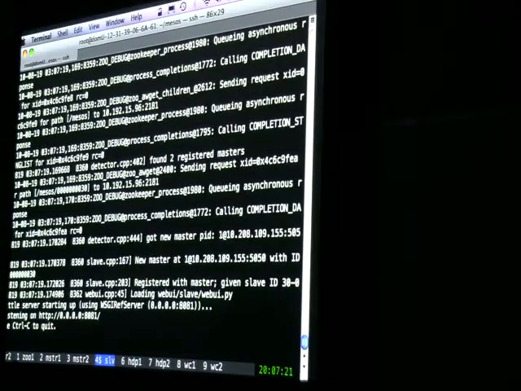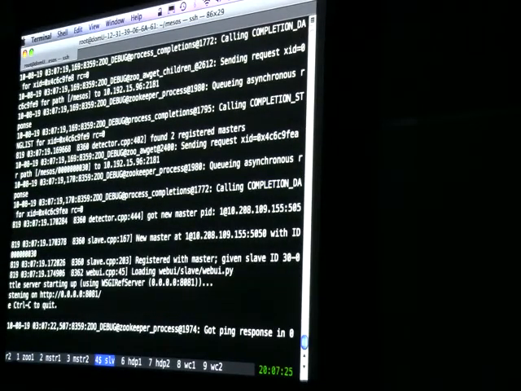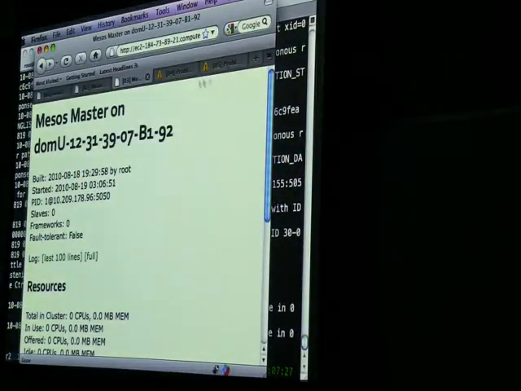And now I'll run our single slave. So we're going to tell it to use the 4 CPUs that are in the EC2 machine. So this is a large instance, which means we have basically the whole machine, and use 4 gigabytes of RAM, and I give it the same URL for zookeeper. And so now it's listening on port 8081,